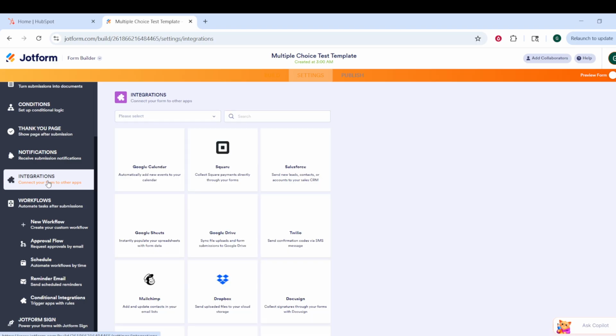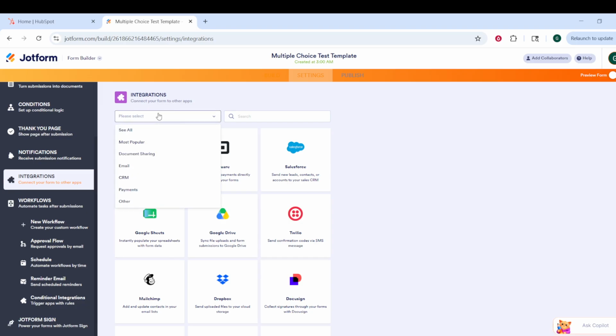After clicking Settings, select Integrations from the left-hand menu. This left side panel usually contains all the tools that can connect your form to external services. Spend a moment here confirming you are in the Integrations section, since the next actions are specifically about adding Hubspot